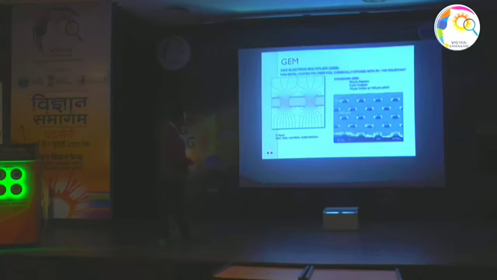So this is a schematic of a GEM detector. GEM stands for gas electron multiplier. Here you can see this is basically a foil of 50 micron thick Kapton, which is a good insulator, and on top and bottom there is 5 micron thick copper, and lots of holes are drilled in this foil. The diameter of the hole is 70 micron, and the pitch, that means the center to center distance, is 140 micron. So if you apply some voltage of about 400 volt across these two plates, there will be